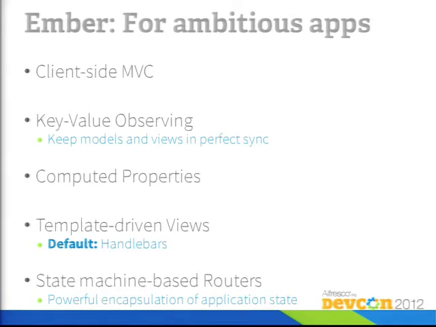So it implements a client-side MVC type of architecture, similar to what I described earlier. And more importantly, it borrows a concept from Cocoa called key value observing. That allows us to automatically bind the UI and the controller logic and the data model such that if any of them change, for example, if you have a list of things in the UI and maybe they're editable, and you edit one of them, it automatically updates the backend data model.